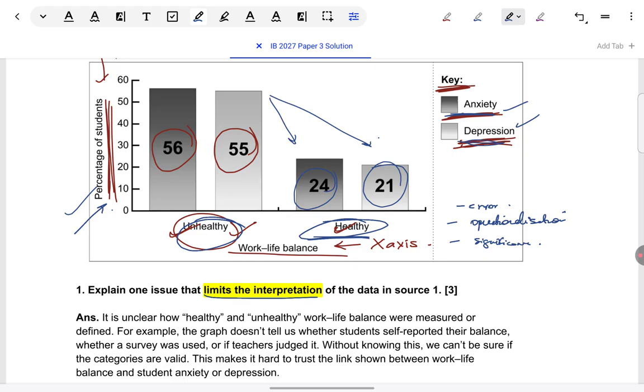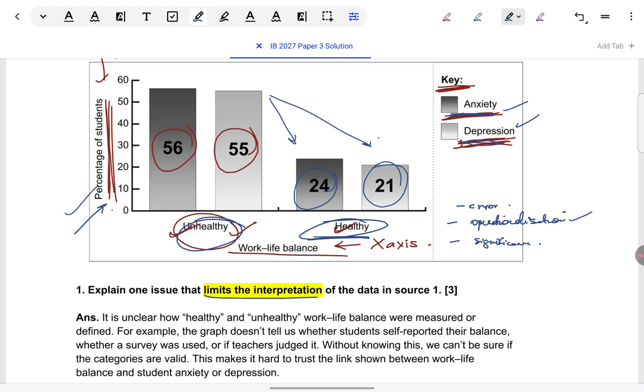So now how do we have to phrase the answer? We just take any one of them. Like, I can take operationalization, the easiest one to define here. I can write about error bars and all, but I would say similar difficulty. Let's take operationalization because students will find it easier.